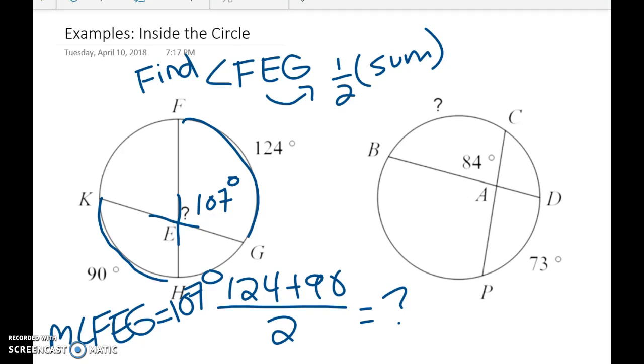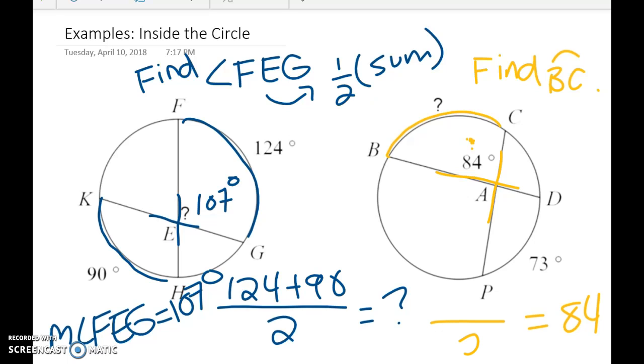Now, let's look at the second example over here. Okay, so I have these angles in the middle. These angles in the middle, they're making the plus sign. I'm trying to find the arc BC. Find the arc BC. Well, remember that in order to find this angle, what equals 84 degrees? Well, I'm going to take half of